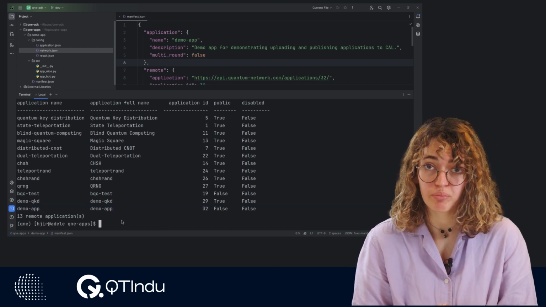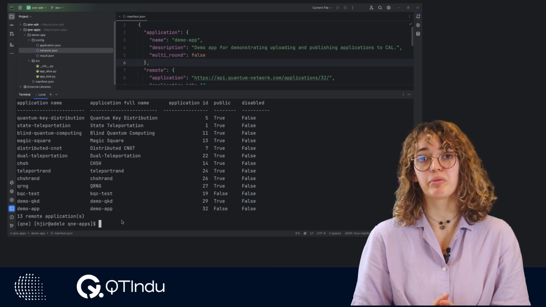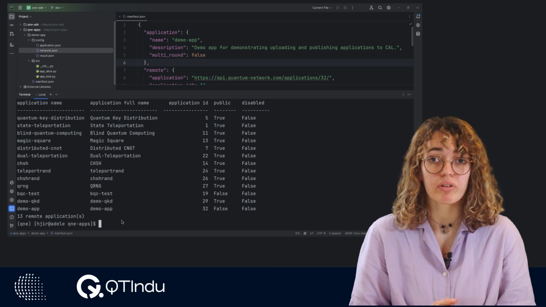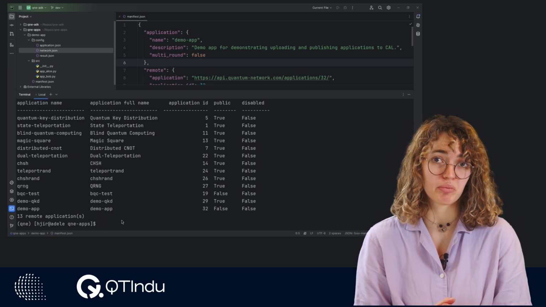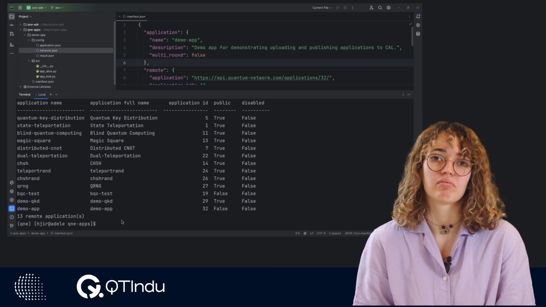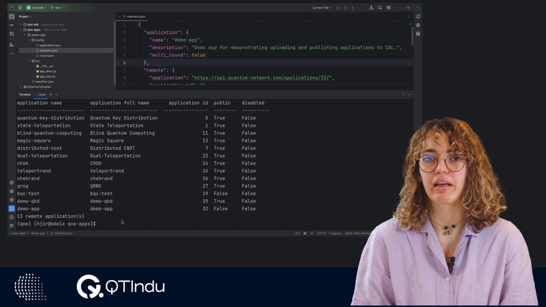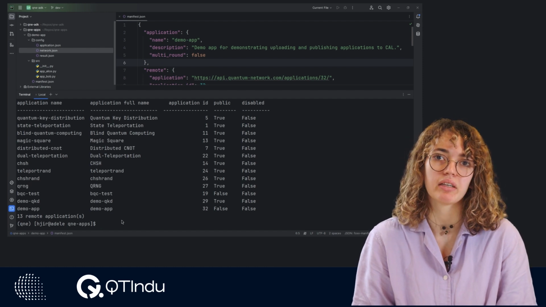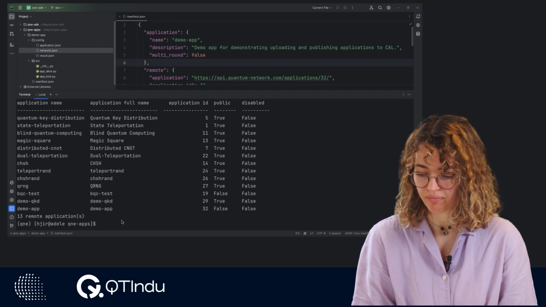What needs to happen in order for the application to be public? Well, we need to publish it, and to be able to publish it, we first need to run an experiment. This is a check to make sure that everything works as it should and that the application can successfully run.